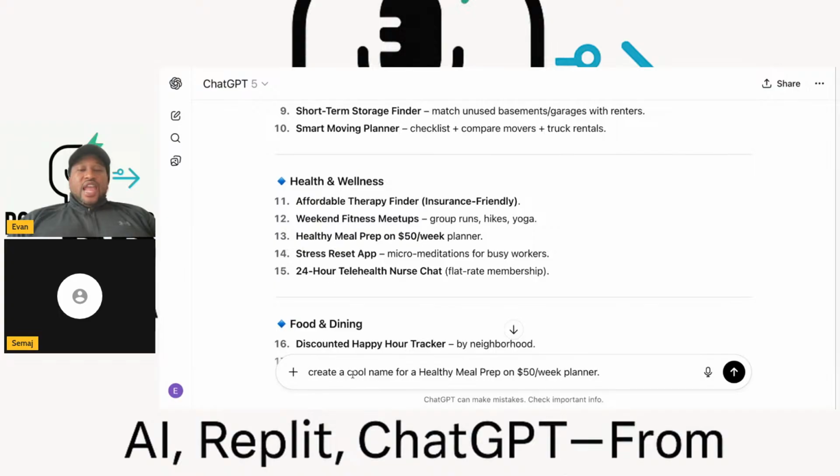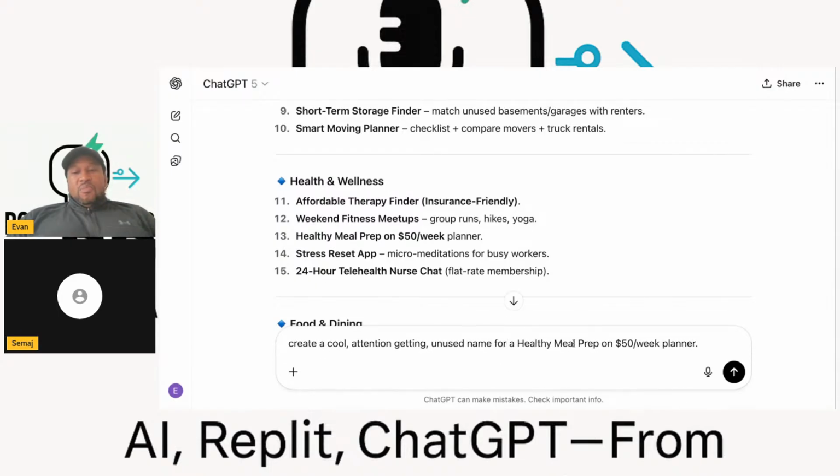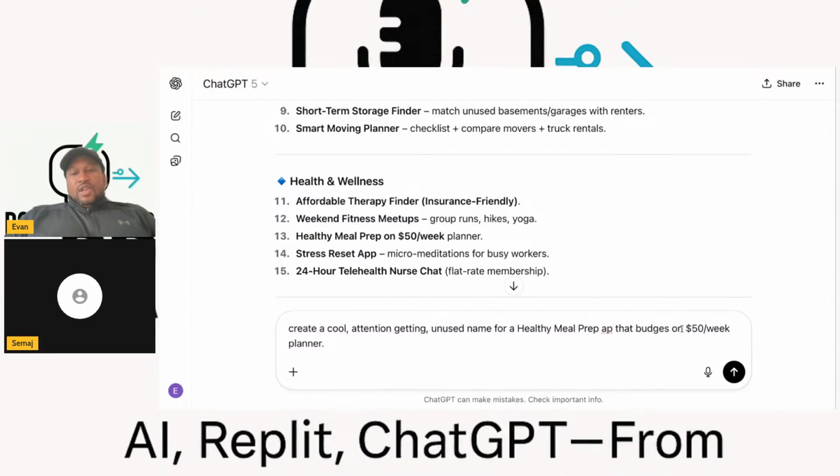So I would say create a cool, attention getting, unused name for a healthy meal prep app that budgets $50 a week on a planner. Okay, so create cool attention getting unused name for a healthy meal prep app that budgets $50 a week on a planner.